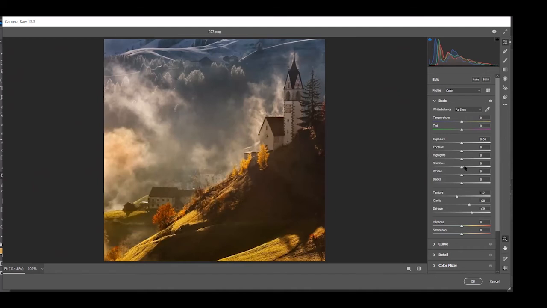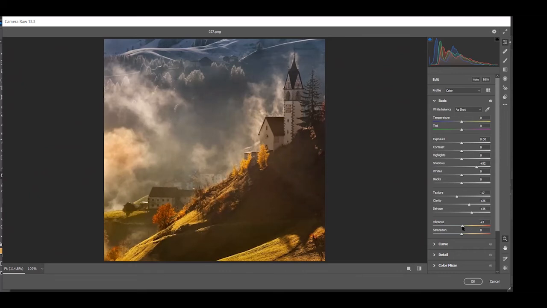How about bringing out a little of the detail in that foreground shadow area? See down in here? That's too much there, that dark place. Well, it depends on what your monitor is like. I'm basing it on my monitor, of course. How about a little vibrance? Yes, and vibrance